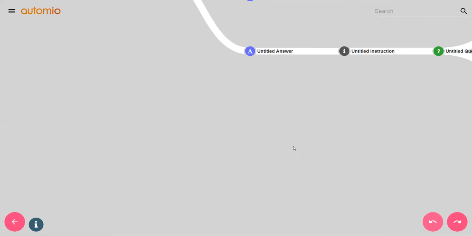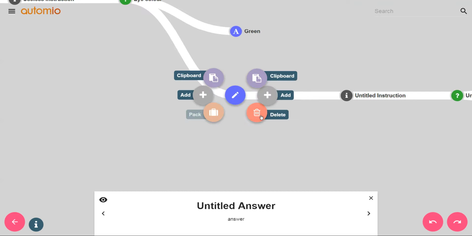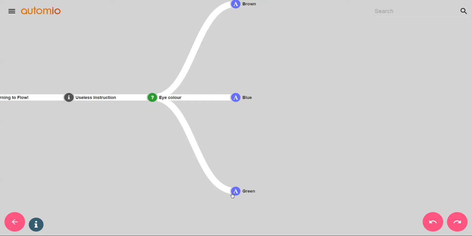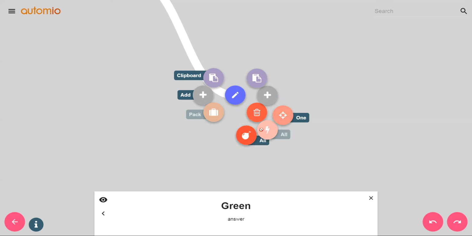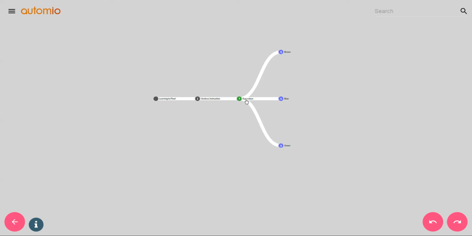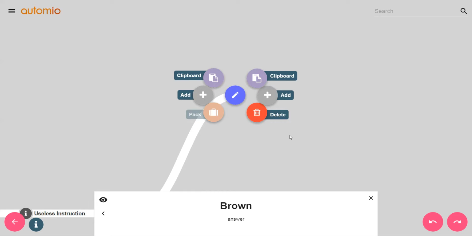I'm going to undo that and just demonstrate the last deletion button, which is the bomb, and that takes out the point that we're selected on and everything that follows it. So it's the most destructive. So you can think of it in terms of most destructive down to least destructive. Great, so now we've got our three branches, and we'll want to carry on from here using these answers in our